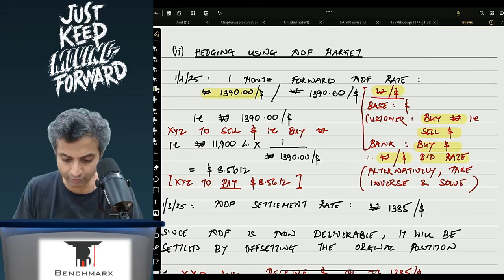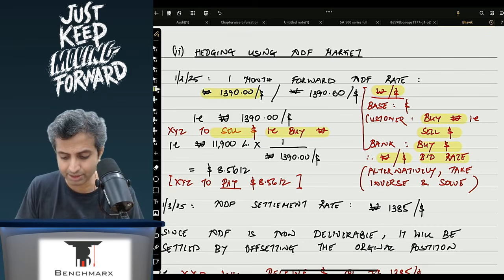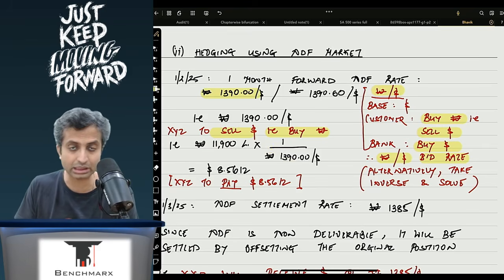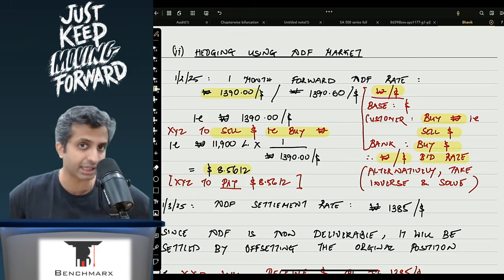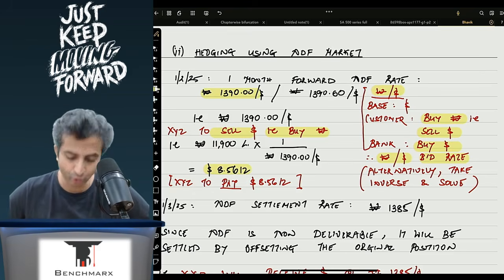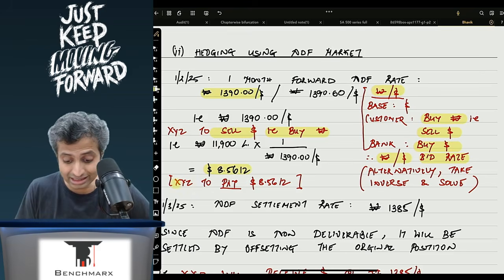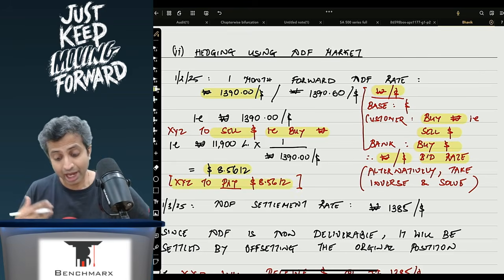won? So over here, XYZ would sell the dollar, that is, buy the won. If the won has to get cancelled, then I will divide so that the won gets cancelled, and your answer is in dollars. This is in lakhs. Institute, I think, has given this to you in full numbers, but you need to know what this is. This is what XYZ would have paid